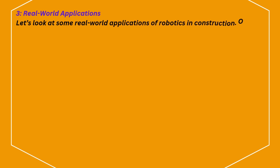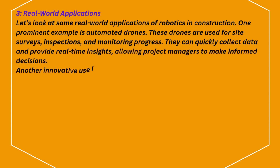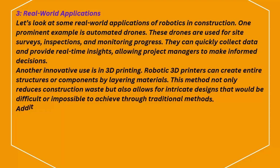3. Real-world applications. Let's look at some real-world applications of robotics in construction. One prominent example is automated drones. These drones are used for site surveys, inspections, and monitoring progress. They can quickly collect data and provide real-time insights, allowing project managers to make informed decisions. Another innovative use is in 3D printing. Robotic 3D printers can create entire structures or components by layering materials. This method not only reduces construction waste, but also allows for intricate designs that would be difficult or impossible to